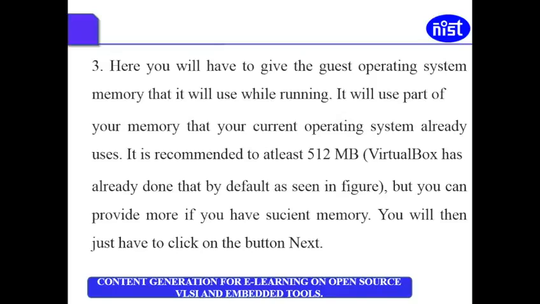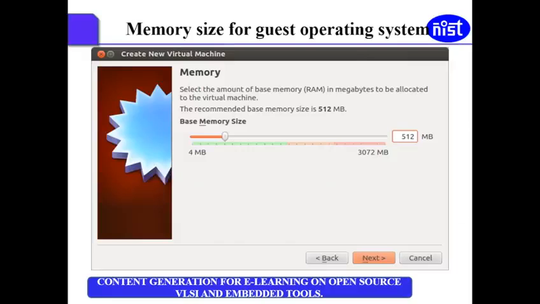VirtualBox already does this by default settings, as you can see in the figure. But you can provide more than that if you have sufficient memory in your system. You set the memory here and then just click the next button.